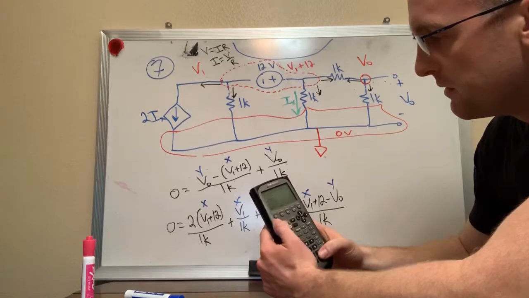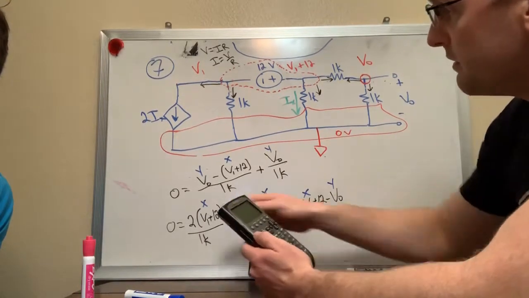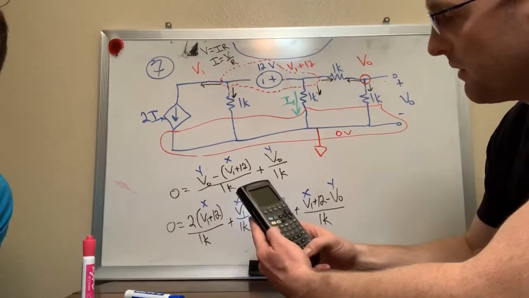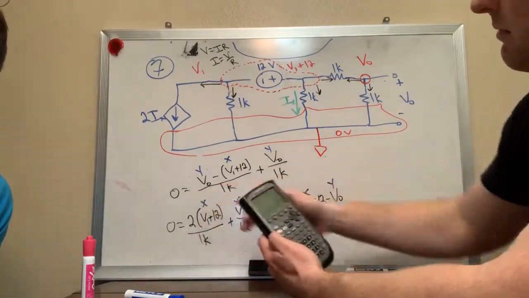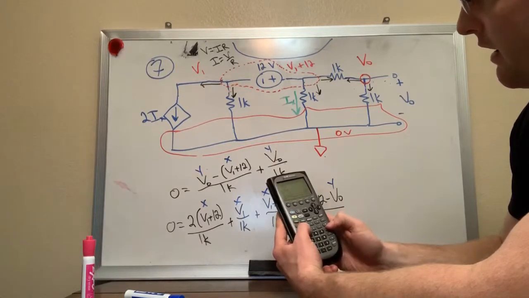So F2 just brings down a drop down list, and you hit solve, and then you start punching in the equation. And so just start with equation number 1. So it's 0 equals, and then